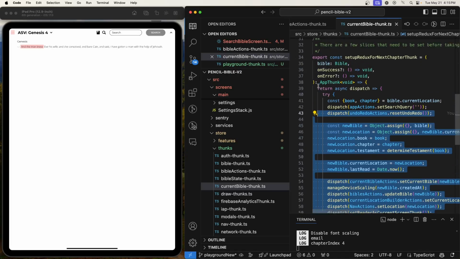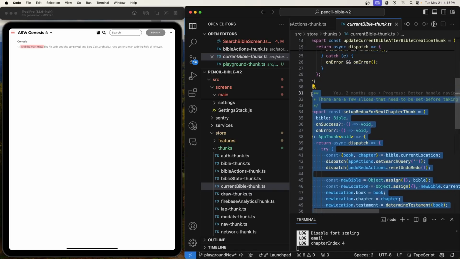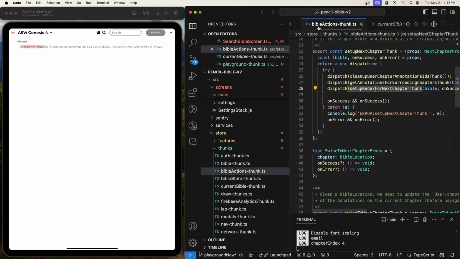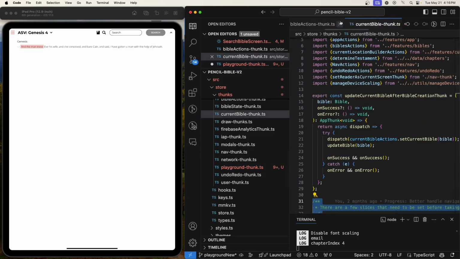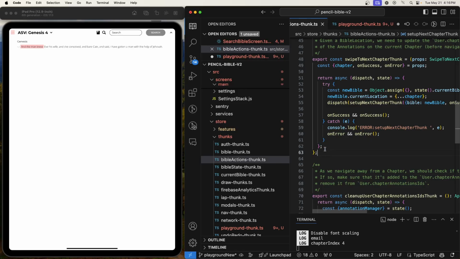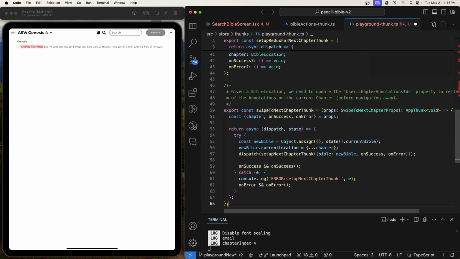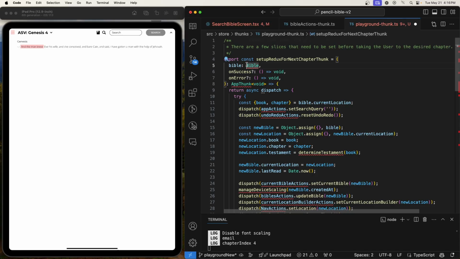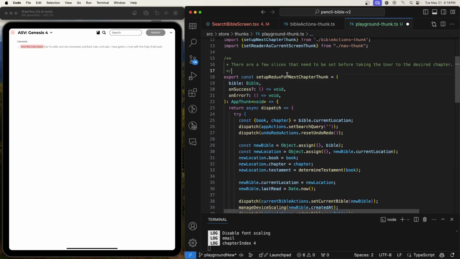Potentially. What's this other one? That's okay, that's a different file. Put that in there. And then inside of here, I'm actually going to copy this swipe because maybe we do need this swipe. Okay, let's go ahead and add all missing imports. Looks good. Okay, so set up Redux, set up playground